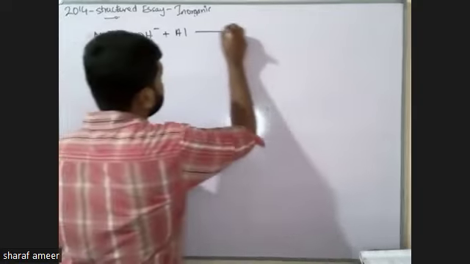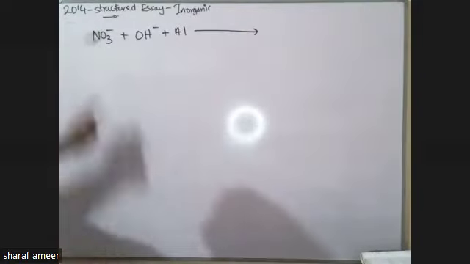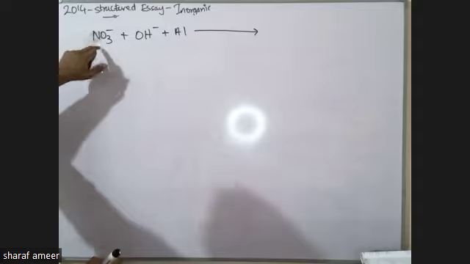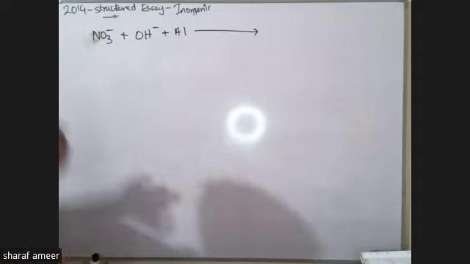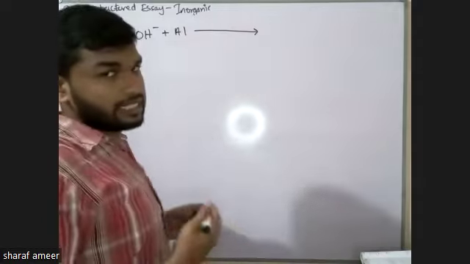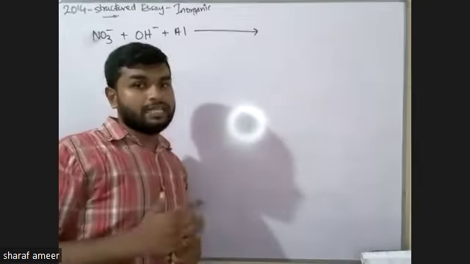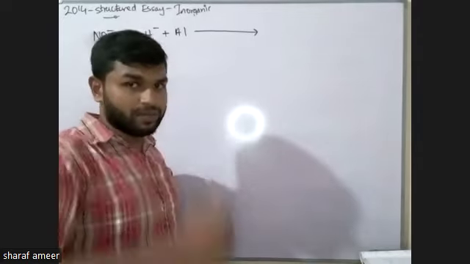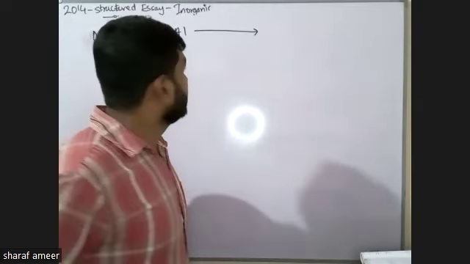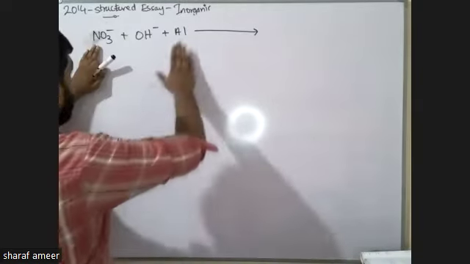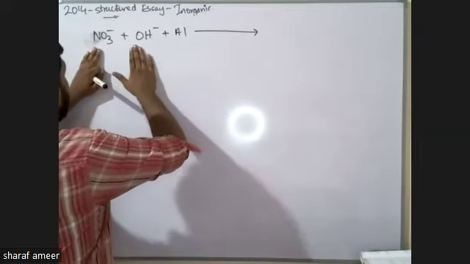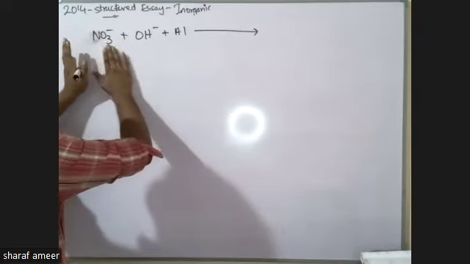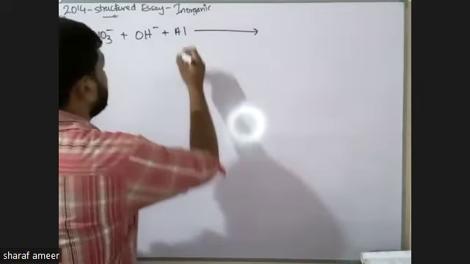Keep in mind, this is an identification test for nitrates in the 15 group. So if you have a nitrate, you can do this kind of experiment. There are lots of experiments there. Once you add aluminium metal along with hydroxide in the basic medium for the nitrates, you can also say aluminium as